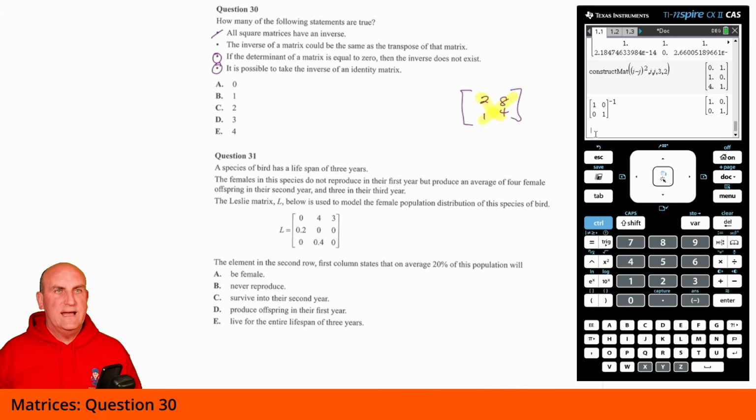Okay, so coming back to that, what did it say? The inverse of a matrix could be the same as the transpose of the matrix. Looking at a permutation matrix, P to the -1 equals P transpose. So it says how many of the following statements are true? The inverse of a matrix could be the same as the transpose of a matrix. I'm going to say yes, that's true for a specific case. It's not always the case, but the inverse of a matrix could be the same as the transpose. So I'm going to go for D as my correct answer there. Right, moving on. What do we got now?